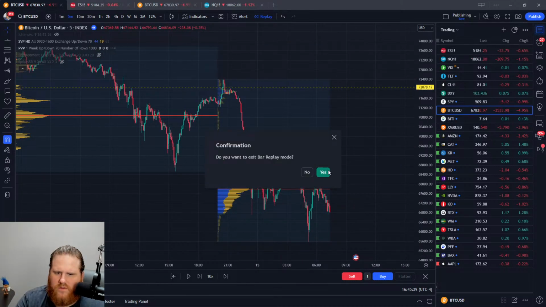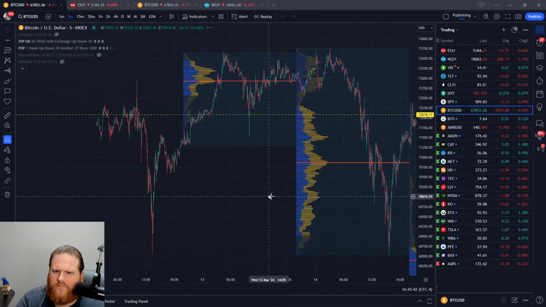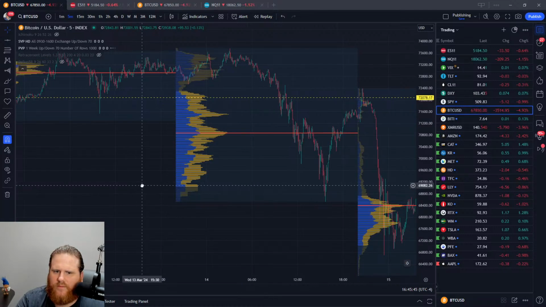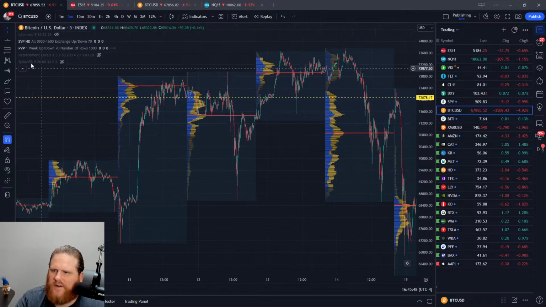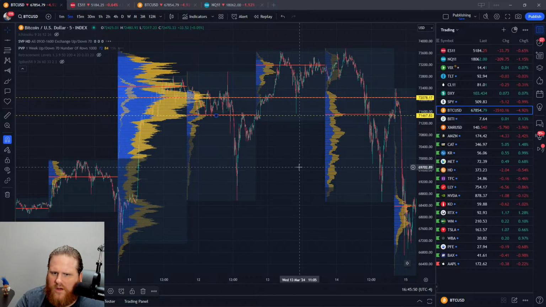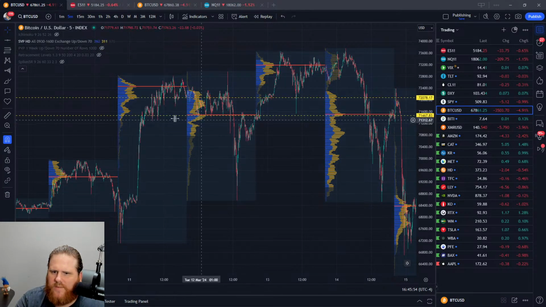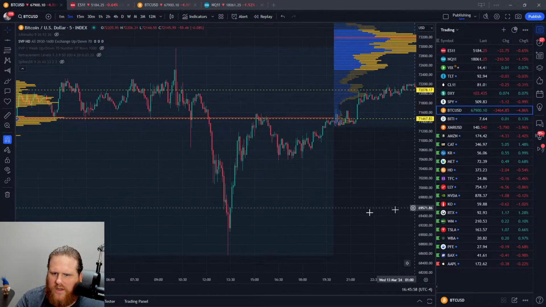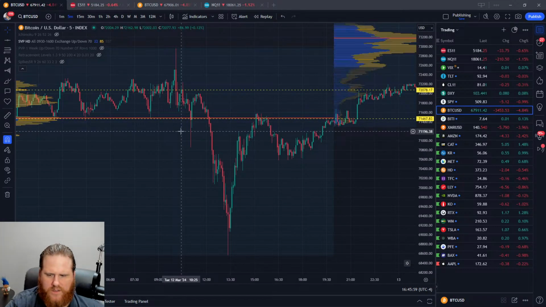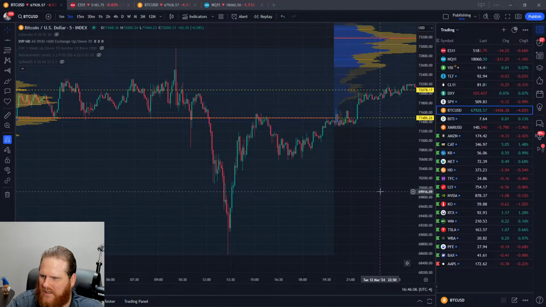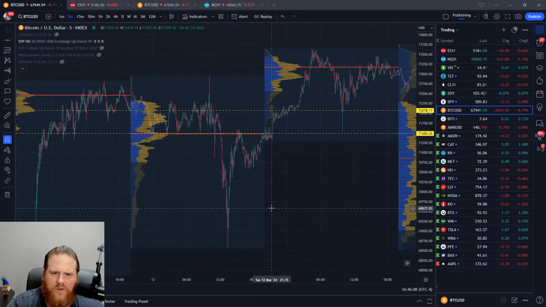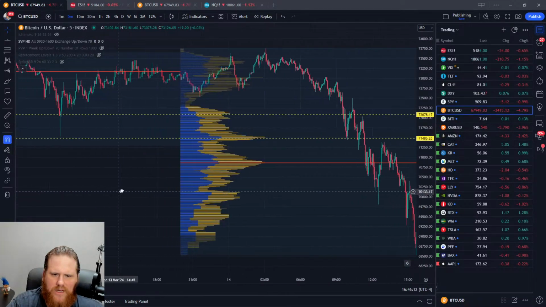So now let's do the days. $312. There it is. So this was the 312. This was the 312 one, which is this day right here. That was on Tuesday of this week. This was the point of control for Bitcoin, 71,486. Close enough, yeah. And so as we got into day trading hours,